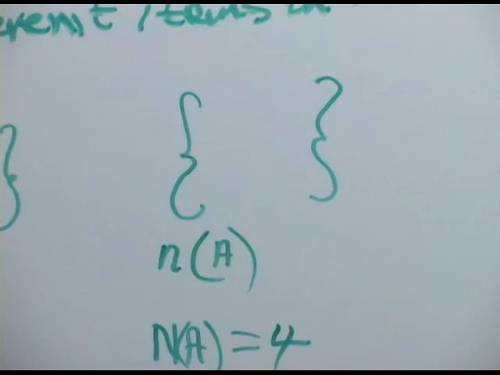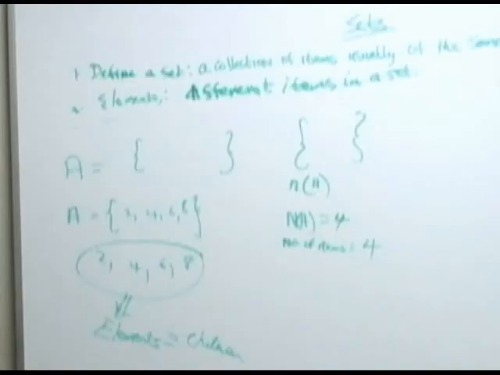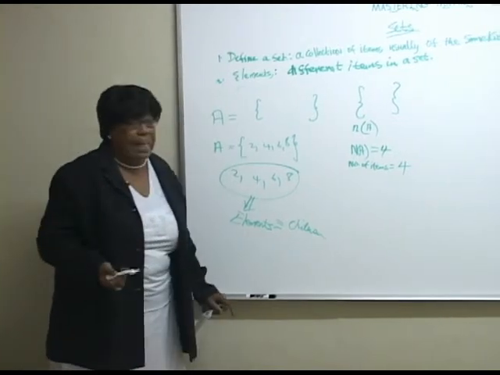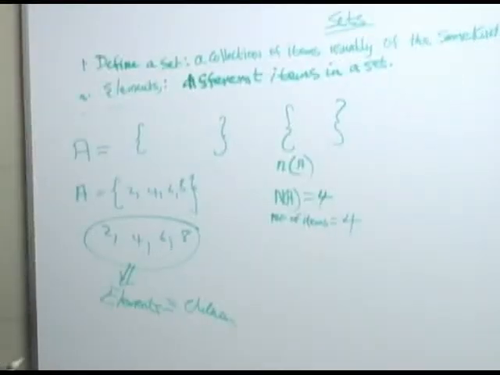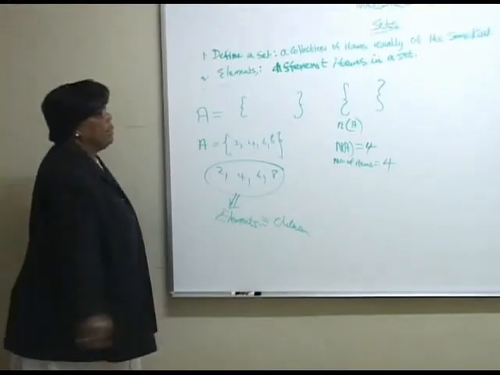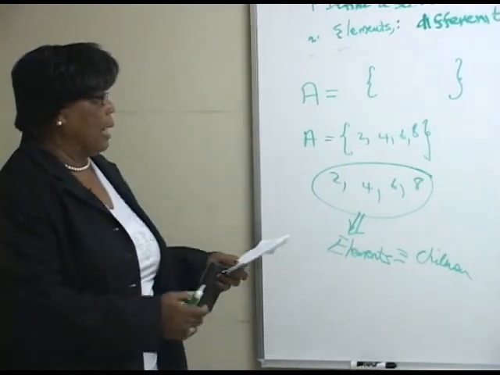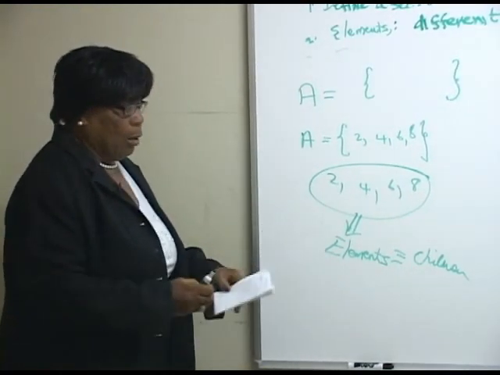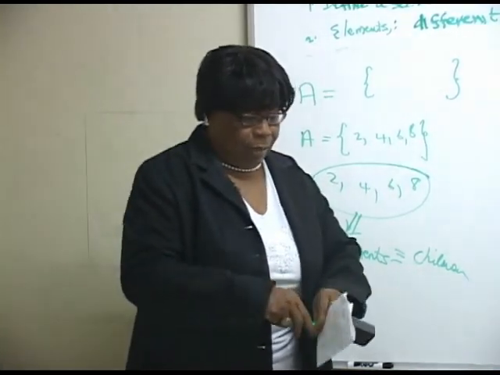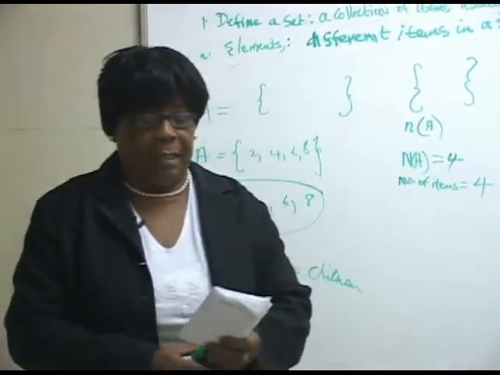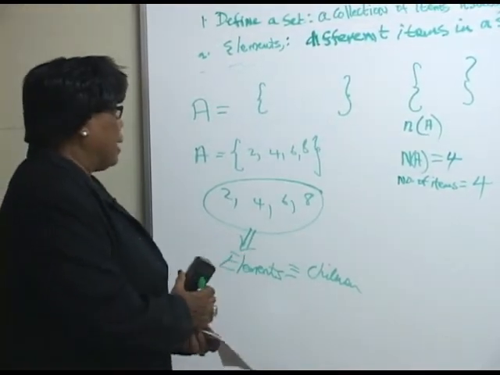The elements of a set are comparable to what we call somebody's children. So the members in that set are called the elements, okay? If we want to know how many, all we do is count. You'd say there are 1, 2, 3, 4 elements in set A. So that is how we get the number of elements in set A. After that, we can address certain things and give them names. So we can talk about a finite set or an infinite set. Now, in terms of our finite set, so